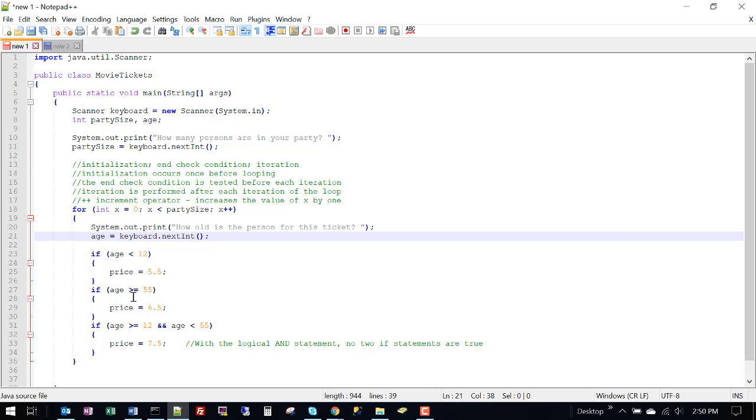Because this is a loop, every time we come around it, we'll ask the question again. Then it will take the next thing off the keyboard as an integer, and it will replace what's in there before. Age is a variable. Its value can be replaced as we go. So that's a valuable thing to do. So every time we'll check the age, and we will